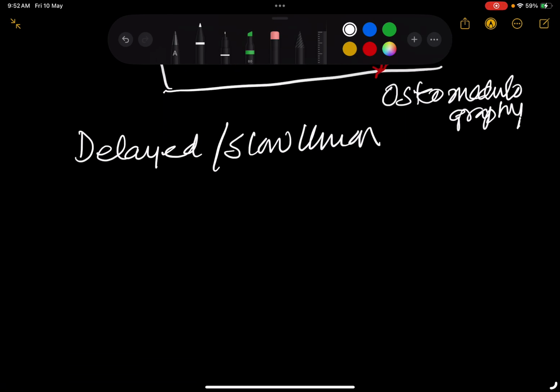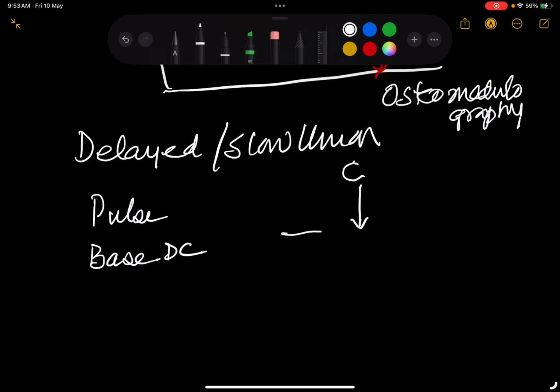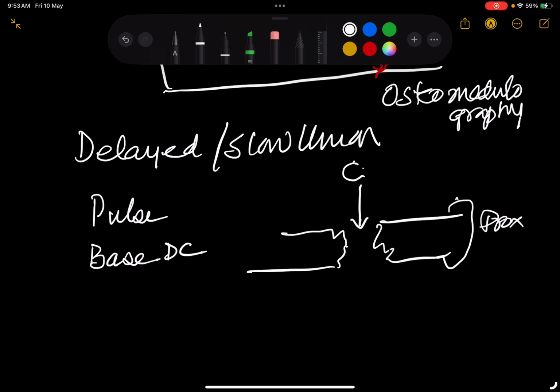So in delayed and slow union, you want to enhance union. And you enhance union by giving a pulse on a base direct current, where you use the cathode at the fracture site and anode